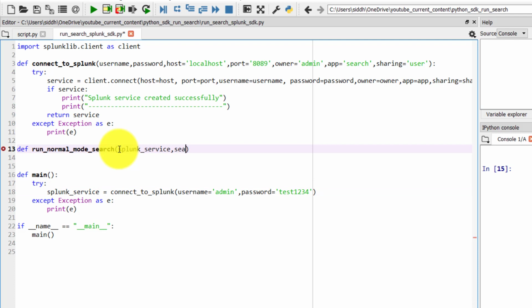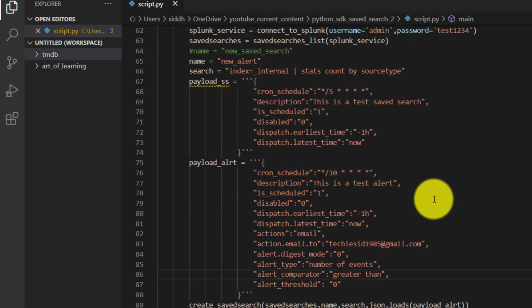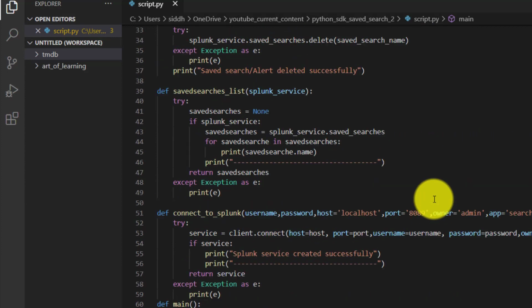We need a search string which we want to run, and also a dictionary object which will take the additional arguments, as we have seen before in our saved searches video. We did it in a similar way.